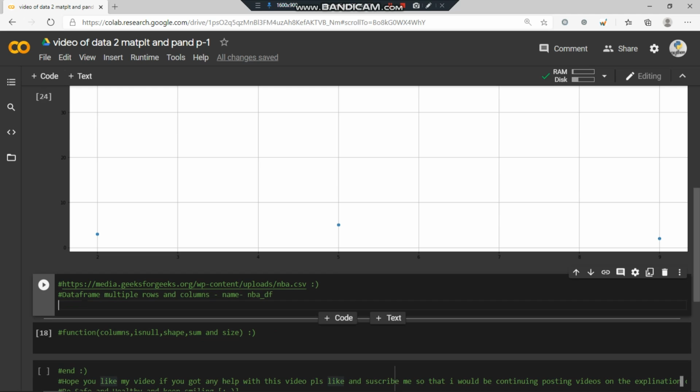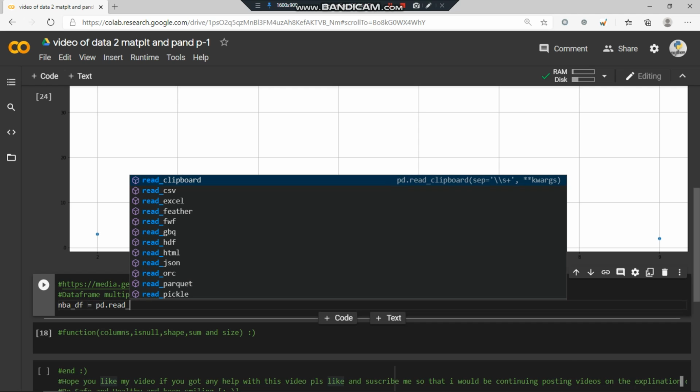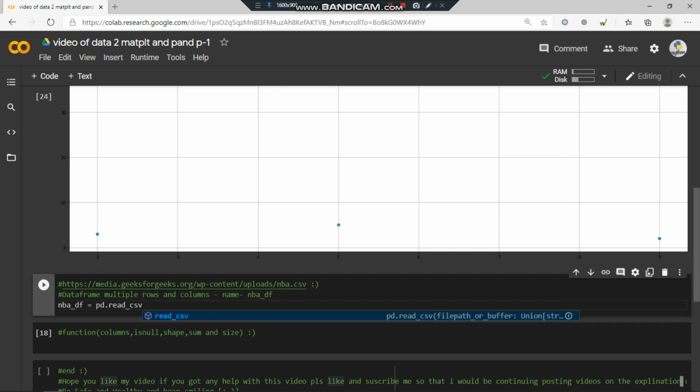So moving on, first a variable where we can store it. nba_df, meaning NBA data frame, and pd dot read_csv. read_csv is the function we use to load this data.